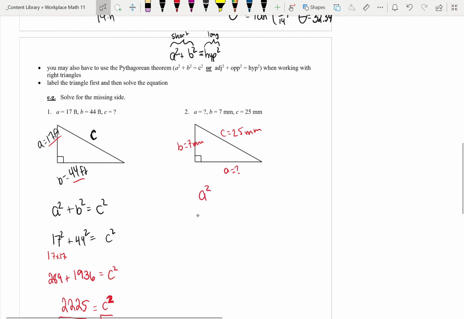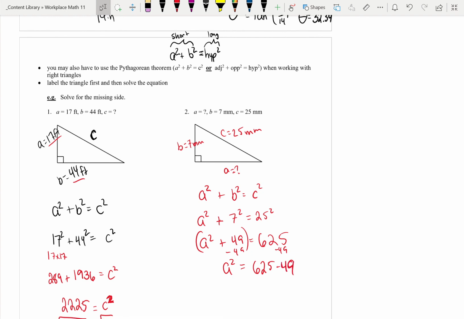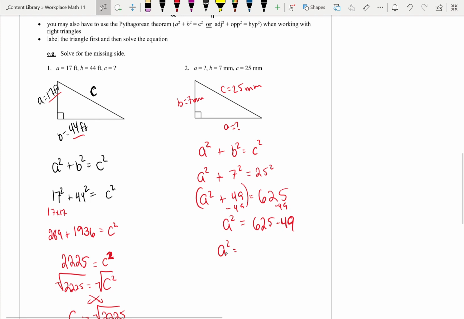So now I have A squared plus B squared equals C squared. So A squared, I don't know what it is, I can't change it, plus 7 squared equals 25 squared. So I have A squared plus 49 equals 625. Well, this whole thing is equal to 625. I want to know what just A squared is equal to, so I need to subtract 49 from both sides. So I'm going to have 625 minus 49 is equal to A squared. So then A squared is equal to